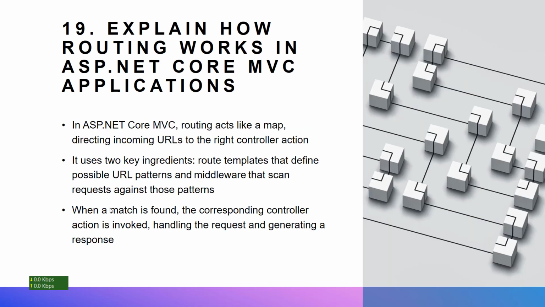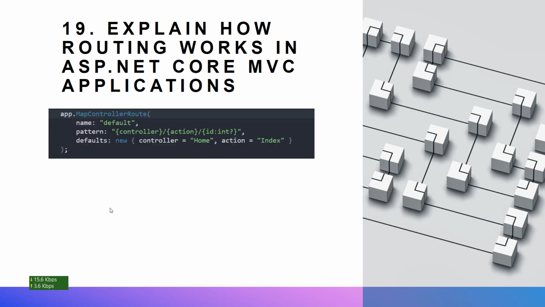Explain how routing works in the ASP.NET Core application. Definitely we have to have some routing, which defines how the MVC application looks. For example, it would be your port, then home, then slash index, or other routing can also be applied. The URL pattern needs to be configured in the middleware, so that is routing. There are two types of routing. One routing we can configure in the startup file, as I mentioned,